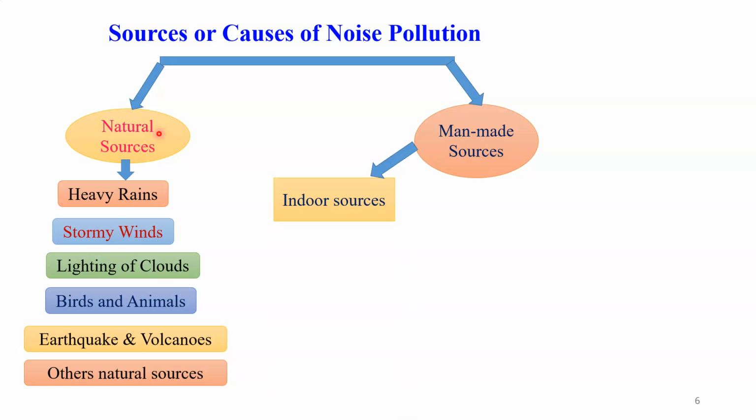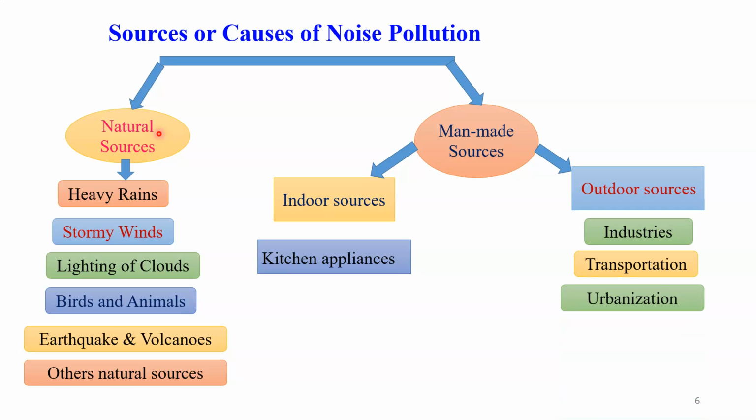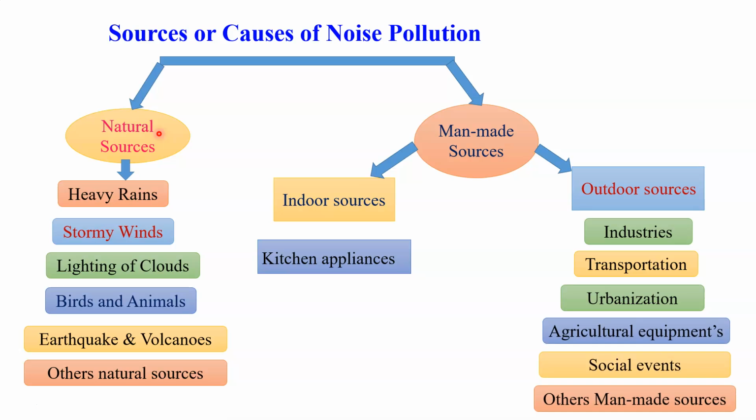Then also, the man-made sources can be further divided into two groups. The first is indoor sources and the second is outdoor sources. Indoor sources include especially kitchen appliances, whereas outdoor sources include industries, transportation, urbanization, agriculture equipment, social events, and other